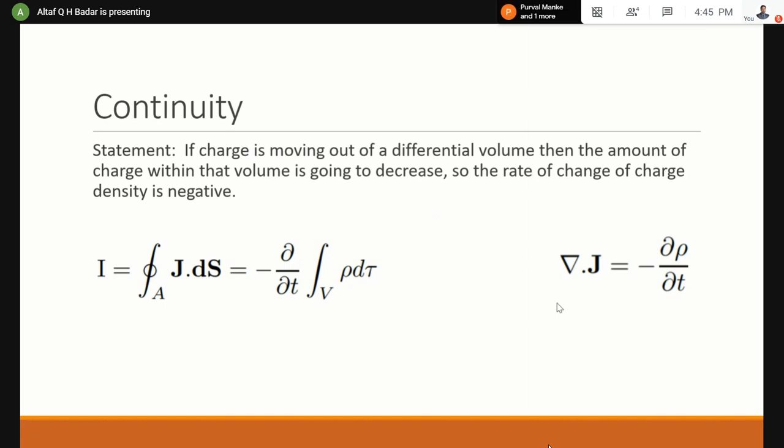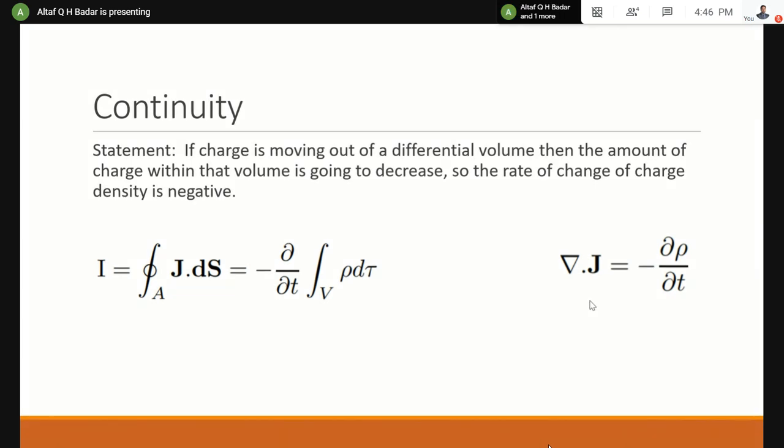The continuity equation amounts to also the conservation of charge. It gives me how the charge is conserved. If magnetic monopoles exist, there would be continuity equation for monopole currents as well. But usually we do assume that this thing does not happen. See the monopole. Monopole means a single pole, right? So usually we don't assume that there is a single pole. Even if there is another pole, it may be at infinity. This is what we do assume.